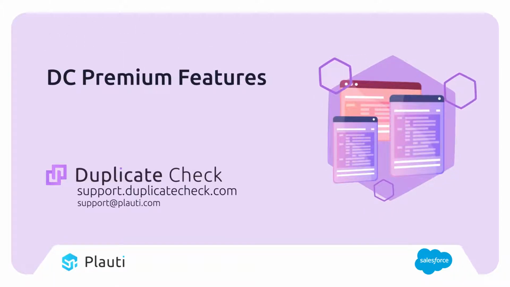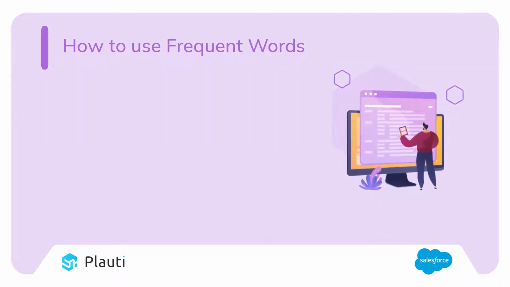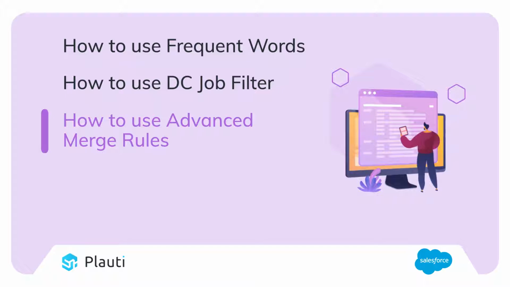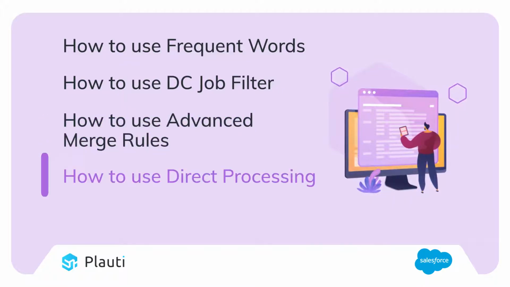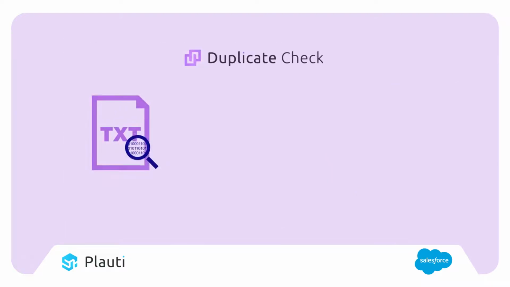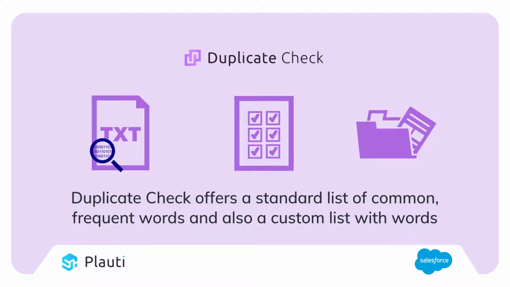In this video, I'll show you how to configure and use Duplicate Check premium features to find duplicate records. After watching this video, you will have learned how to use frequent words, how to use the DC job filter, how to use advanced merge rules, how to use direct processing, and how to use audit logging. Let's get started. The Frequent Words feature within Duplicate Check lets the user enter frequent words that will not be